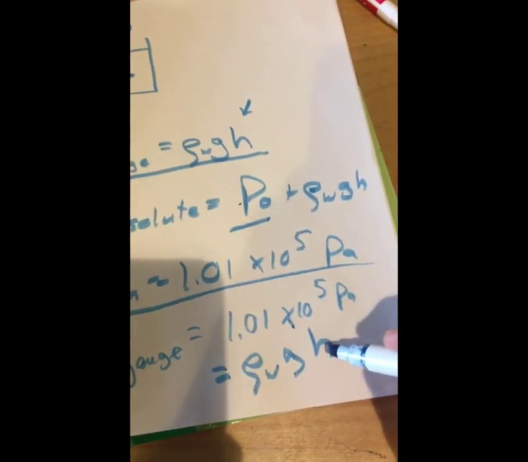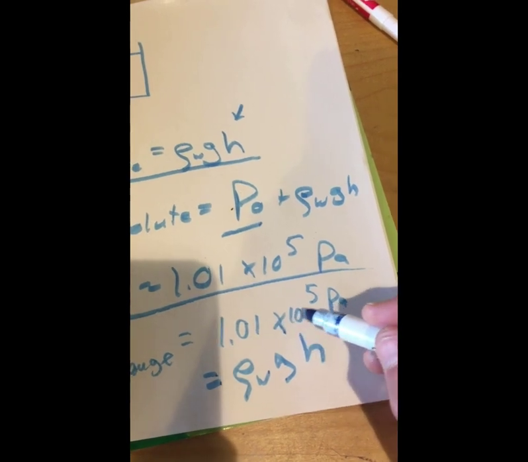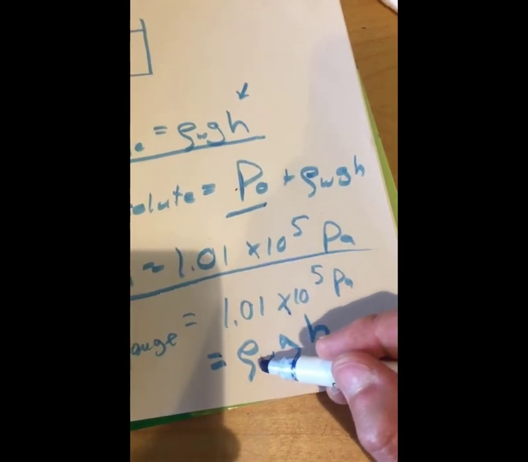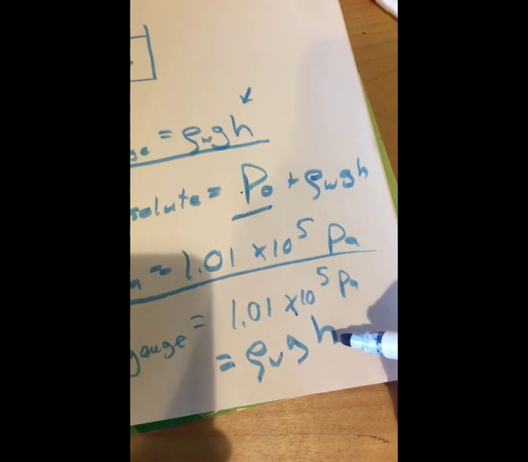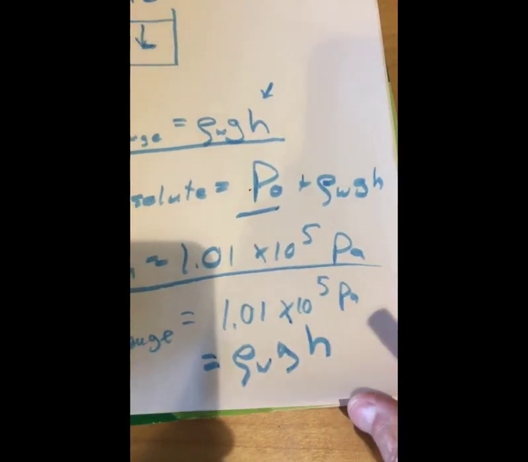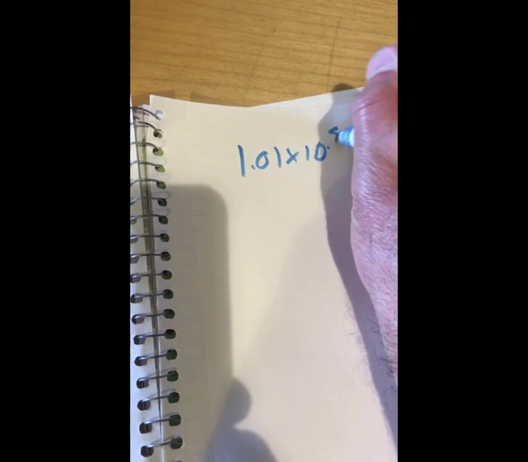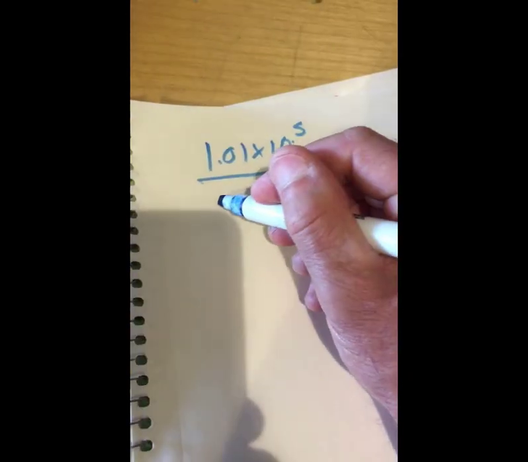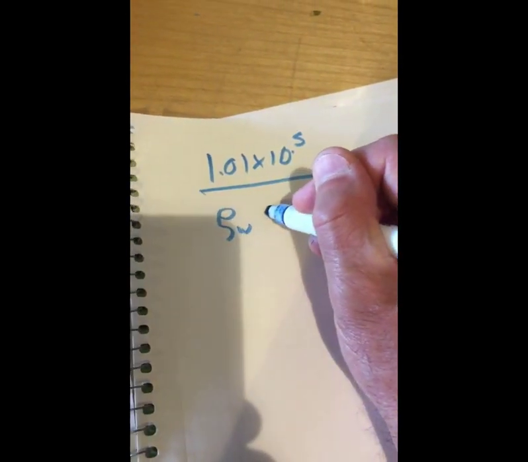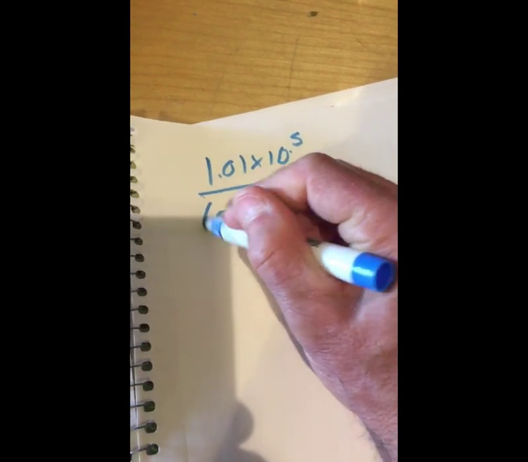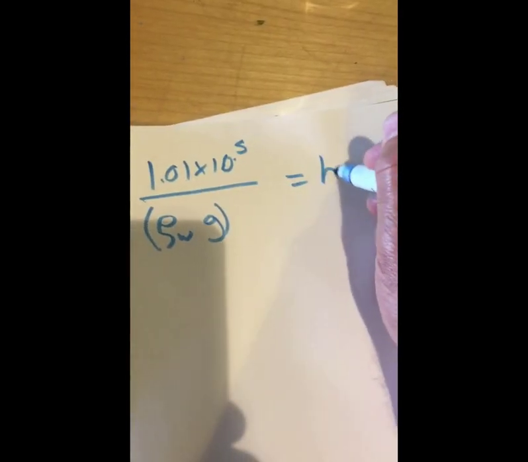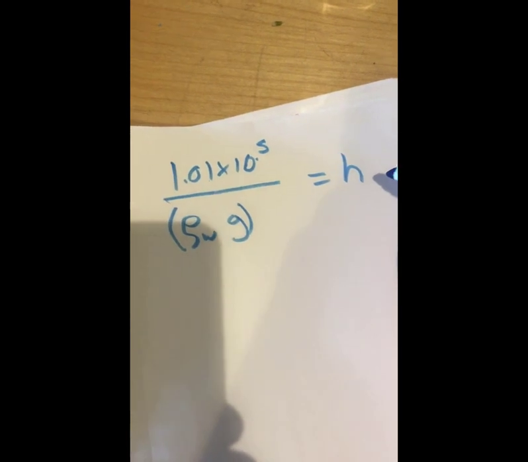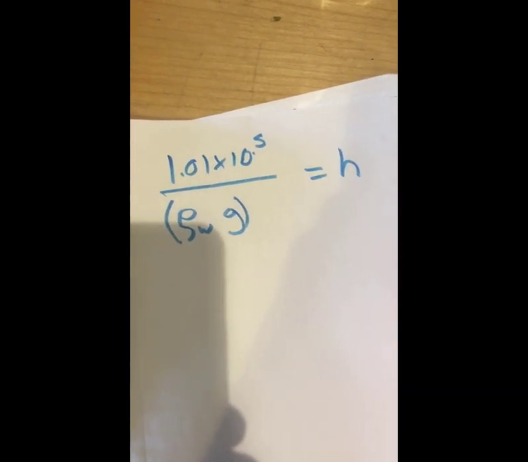So here all we have to do is solve for h. We divide 1.01 times 10 to the 5th pascals by the density of water and by g, and that should be the depth at which we'll experience 1 atmosphere of pressure. Go to the next page and do that. So let's see. I have 1.01 times 10 to the 5th divided by the density of water times g. That is going to equal the depth at which you're going to experience 1 atmosphere of pressure